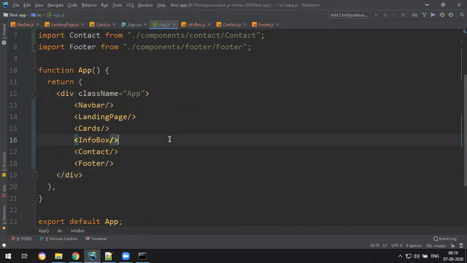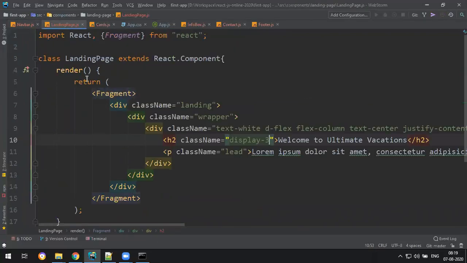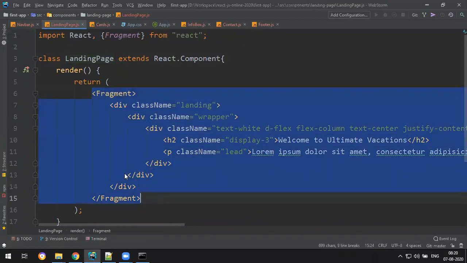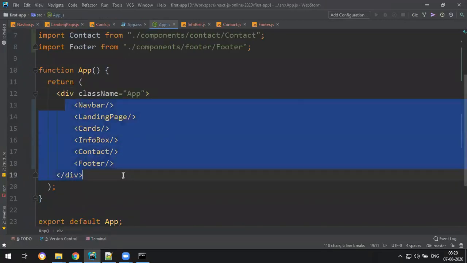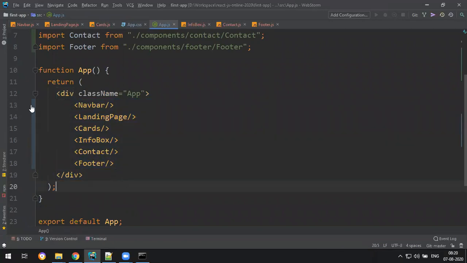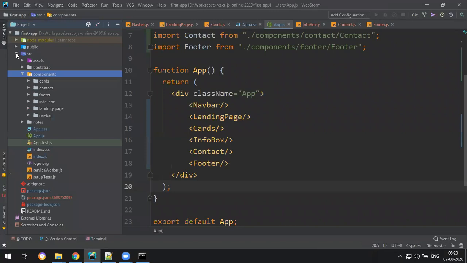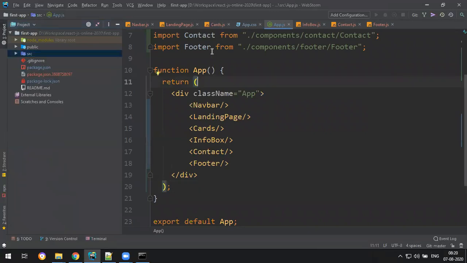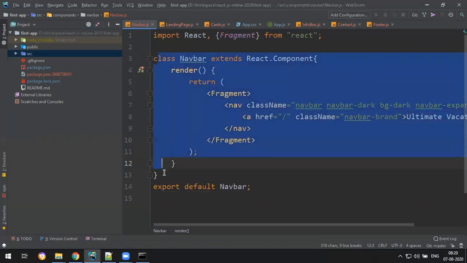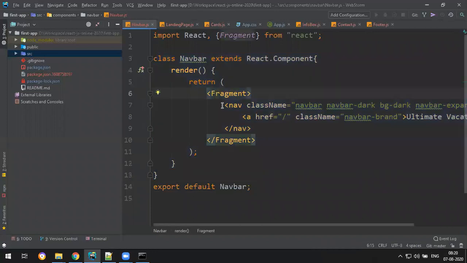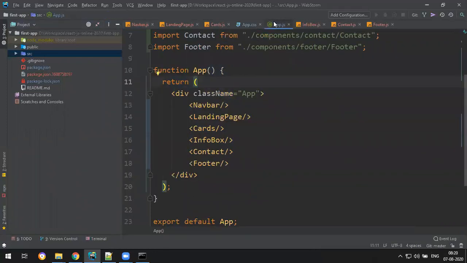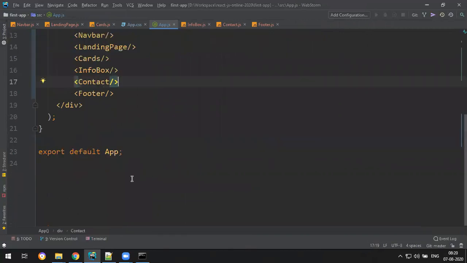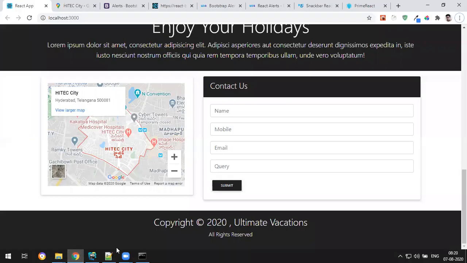But till now we have not discussed any data binding concept, any property, any state, just how to create a component, how to write your source code, and how to configure them in App.js to make a website. That's what we have done. So what you have to know is some knowledge about Bootstrap, and how to create the component. Component structure will be like this. Whatever you write inside will display wherever you have configured it. So that's it. What's the time? 8:20. Fine. Let's stop here.